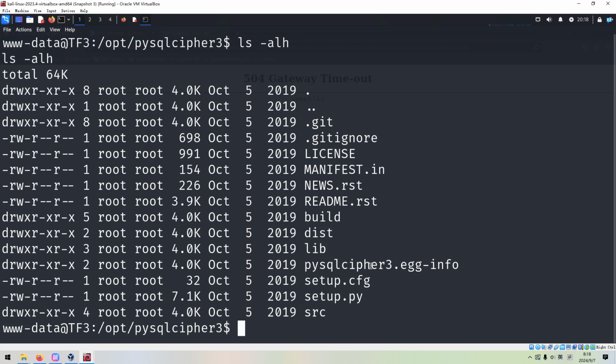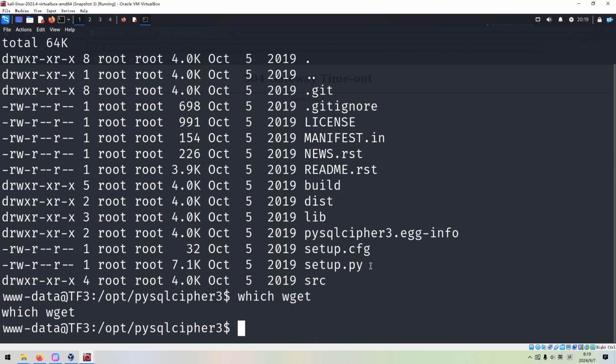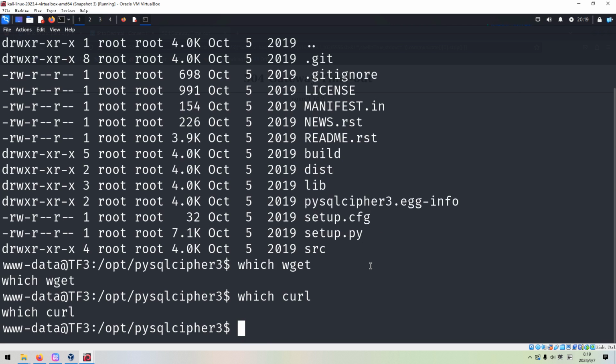So what can we do next? Maybe next we can upload the shell script, or maybe even we need to upgrade this session, this shell to the Meterpreter. However, if you check, the wget is not there, and also the curl is not there. So how to do? Normally, how to get the Meterpreter session?